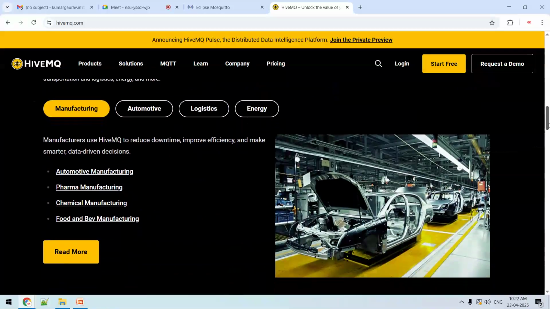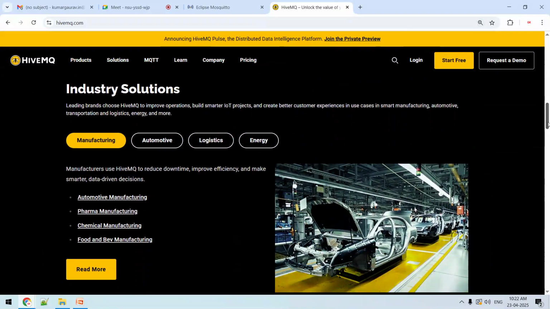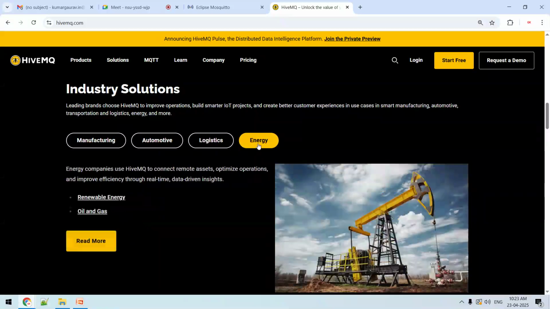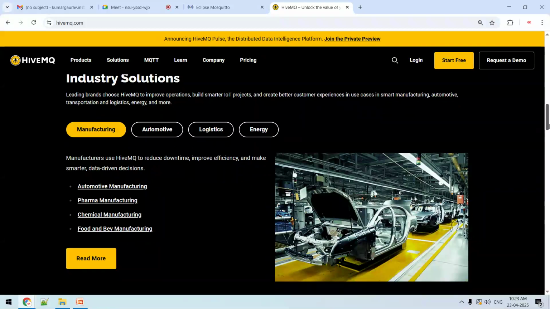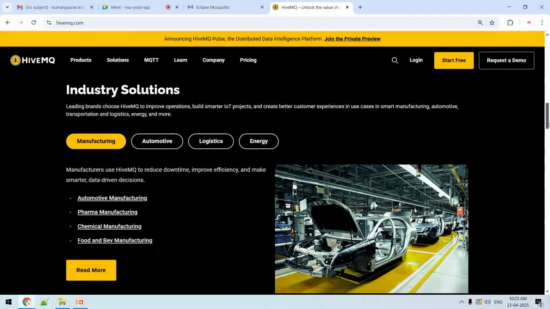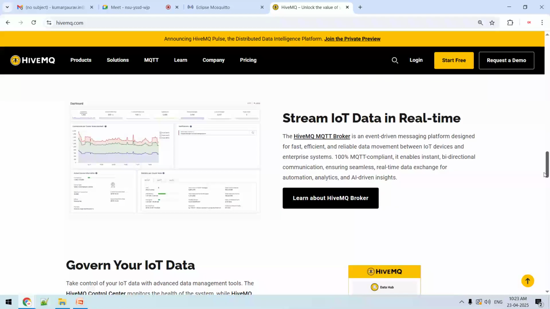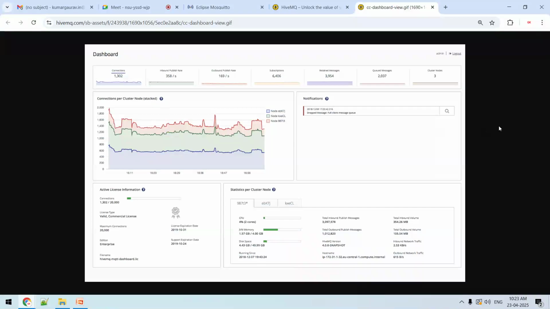If you want to work with smart automation, industrial solutions, logistics, energy, and we want to connect multiple devices, different gadgets with our dashboard, if I want to create this type of scenario, this type of dashboard, for example, okay,